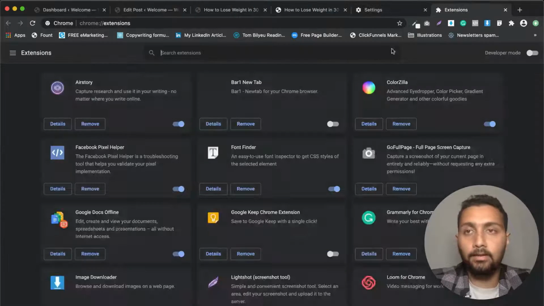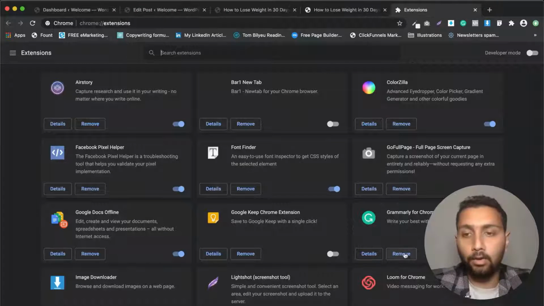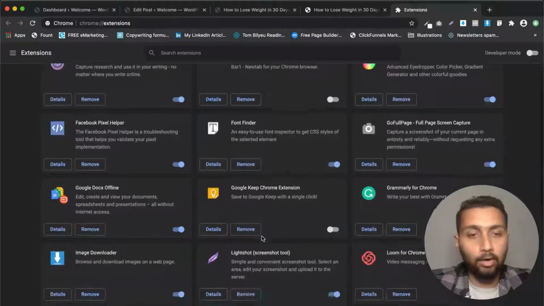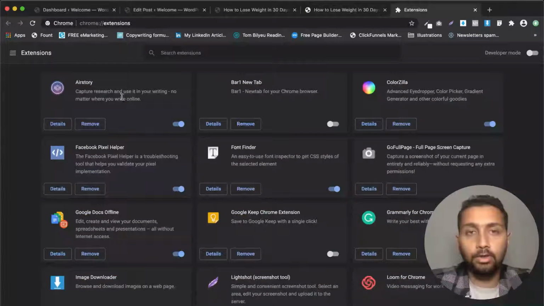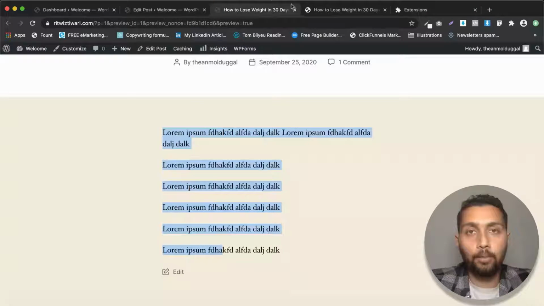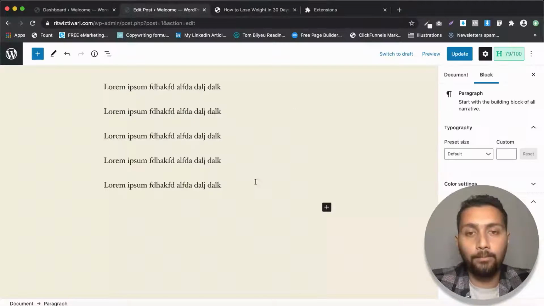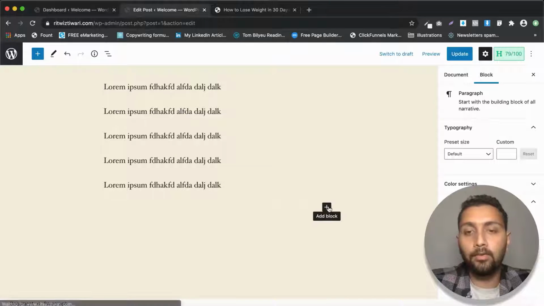Give me a second. See, everything is dynamic. I am doing it in front of you, and even I don't know what will come up while doing stuff. So these are all the extensions that I use. I have just disabled those extensions, and I hope that now that problem will not come up. Yeah, so see here that now there is a plus button. This is the button which will help you add a block.